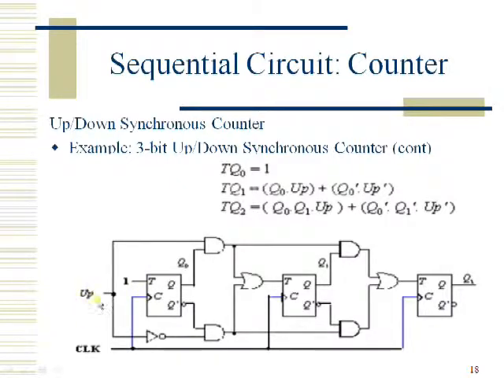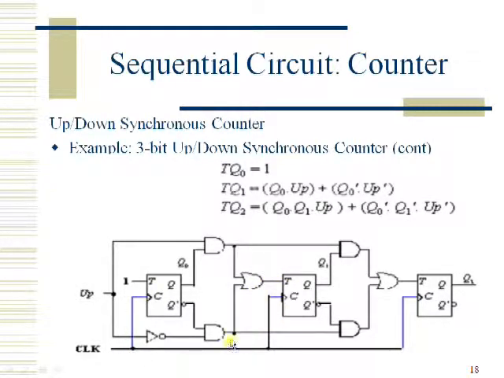You can see one input here, UP. For example, let us go with this TQ1. Q0 and UP are connected to an AND gate, and the output is connected to one OR gate input, and then one more input to the OR gate will be coming from Q0 bar and UP bar. Therefore Q0 bar and then UP bar. Now the output of this OR gate is given as an input to the T flip-flop.